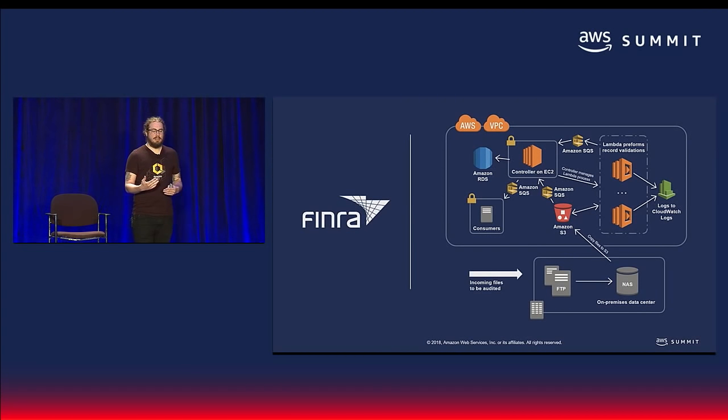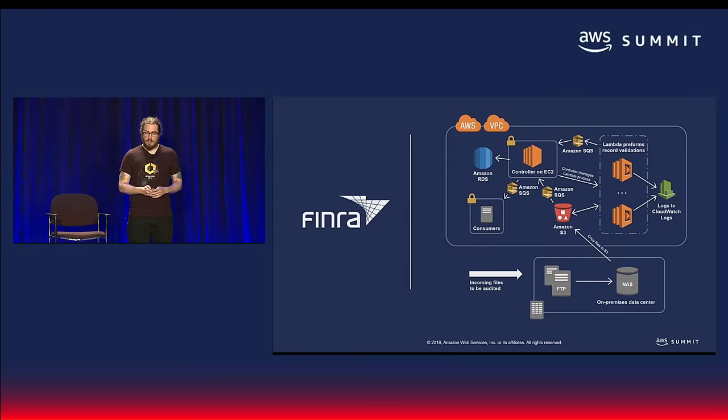And then the Amazon S3 bucket triggers an event which causes Lambdas to be executed to pull those files out, process the trades and financial transactions that are described in those files, and then write the results back via an SQS queue that's being listened to by an EC2 instance. The EC2 writes summary information to an RDS deployment, and then consumers are able to interact with the controller and pull that data out when they need it. So this system, as I mentioned, is highly scalable, handling 500 billion validations a day, and they're very happy with